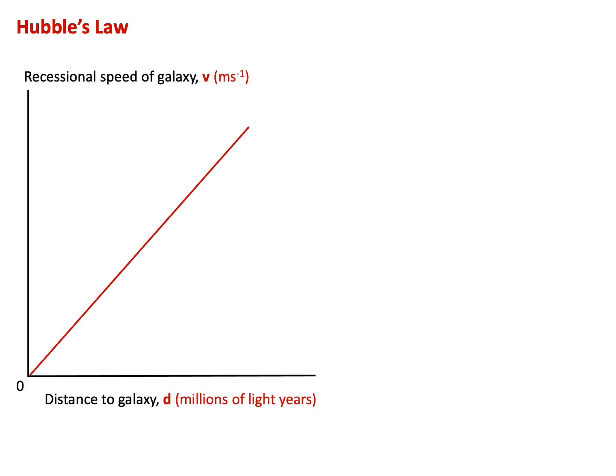Hubble's Law. Sir Edwin Hubble made some really quite profound discoveries in the 1920s about what the galaxies were doing. And if you look at this graph, it's a similar graph to the one that Hubble himself plotted based on his observations. So what he saw was that if you plot the distance to a galaxy, we'll call it d, in millions of light years, very, very big distances on the x-axis, then you plot the speed the galaxy is moving away from you on the y-axis. That's called the recessional speed. You get a nice straight line.